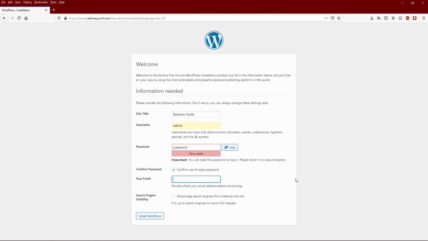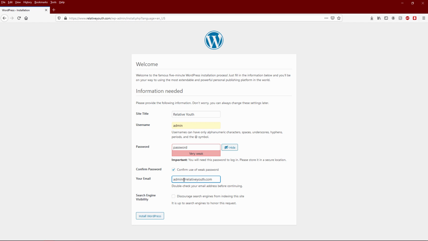And then we'll go ahead and we'll put admin@relativeyouth.com. And you can go ahead and set up an email in your hosting account as well for your music. You can make as many as you want with most hosting providers, and it looks a lot better than just having a Gmail or one of those kind of accounts associated with it. So go ahead and you can create that in the hosting account in cPanel, as many email addresses as you want for everyone involved in the project,